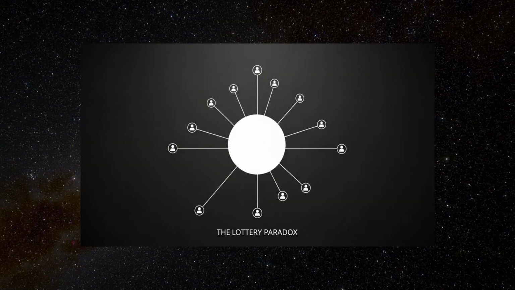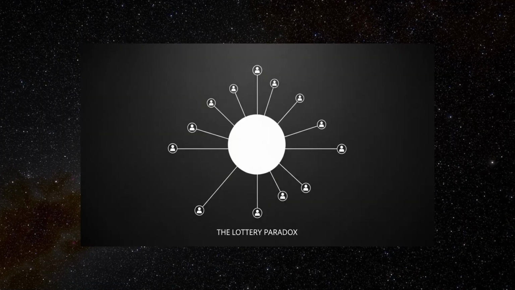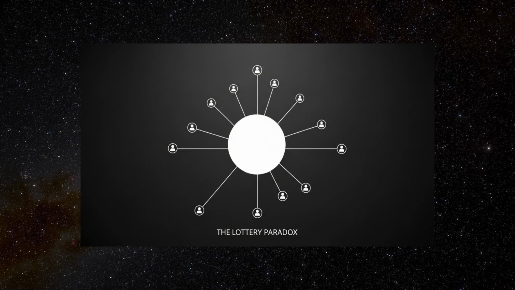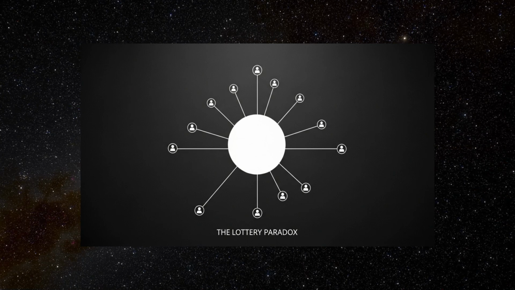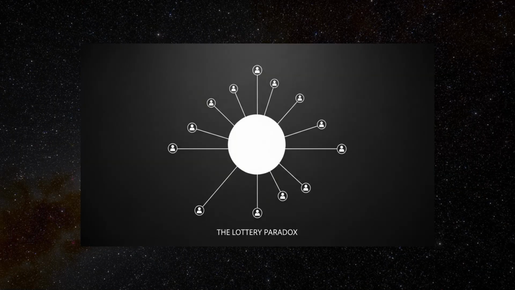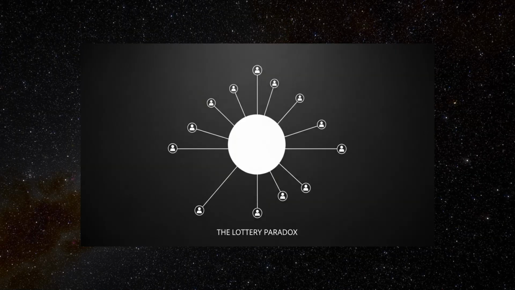By this same reasoning, it seems equally rational to believe that ticket number 1 will lose, that ticket number 2 will lose, and so on, all the way up to ticket #1000. Each individual ticket has such a small chance of winning that it appears perfectly reasonable to believe of each one that it will not win.